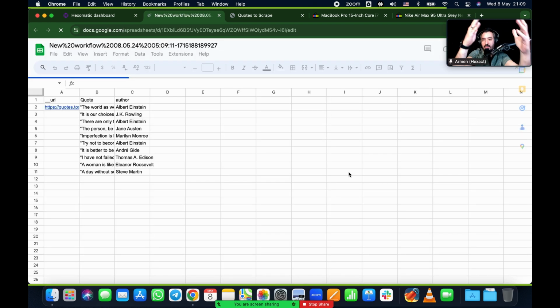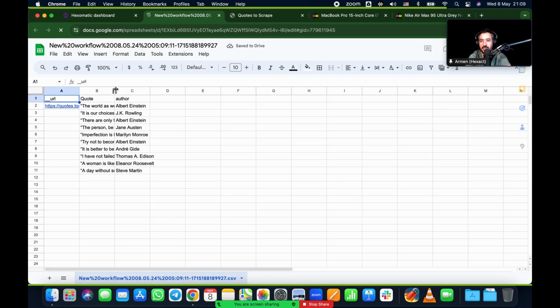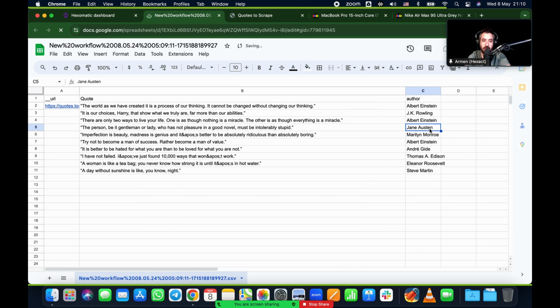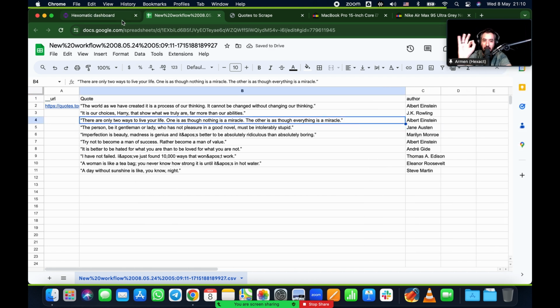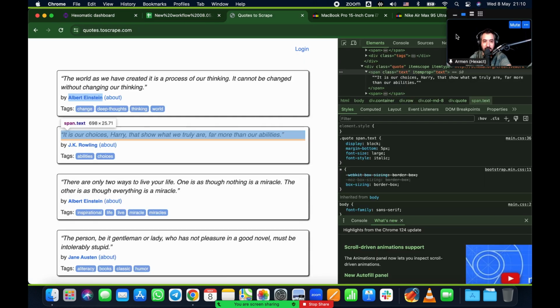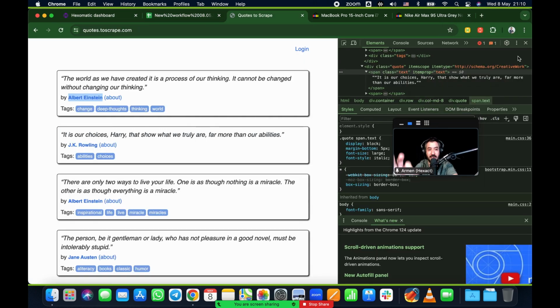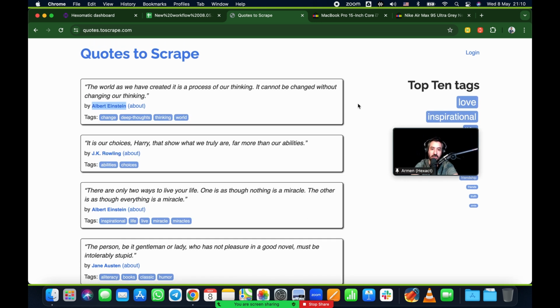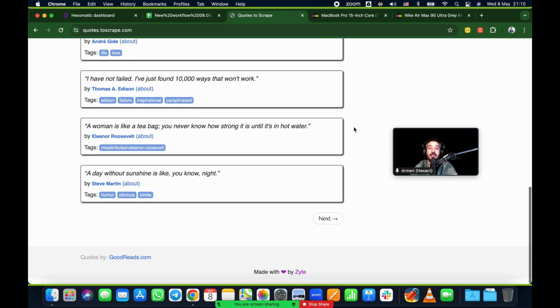So the reason why this is important to understand is because although on a basic level, it's understandable. It's just the quotes and the lines like that, right? Quotes and the authors, very straightforward. But the important thing to understand is now that I've built this scraper, this bot, this little robot that knows the structure of this site, right? I taught it the structure of this site. Now, as long as the site doesn't change structure, I can scrape this over and over again,